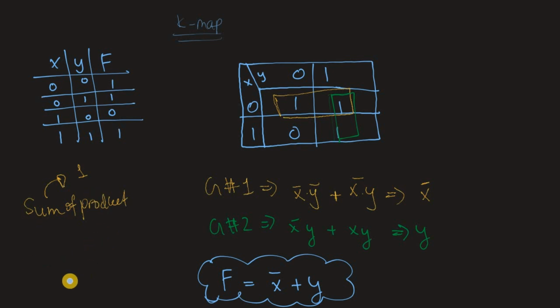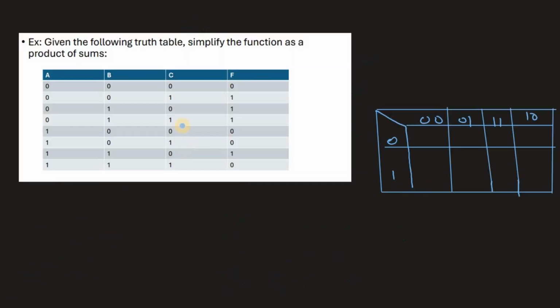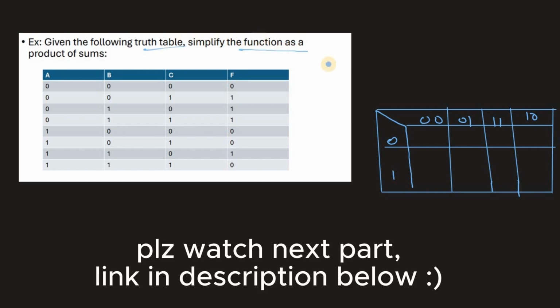Let's do another problem with 3 variables. Alright guys, so we have this question which says, given the truth table, we need to simplify the function, of course, as a K-map and as product of sums. You see product of sums, which means we have to have something like this, product in the middle, and then